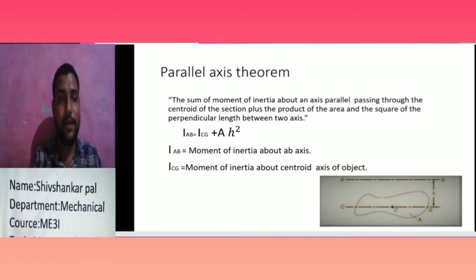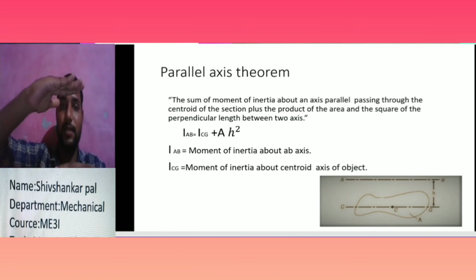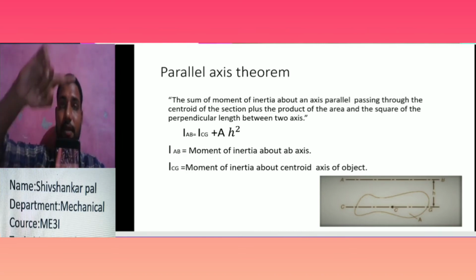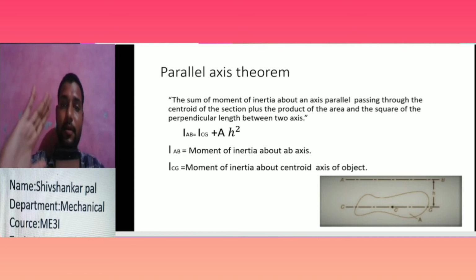That is clear, the parallel axis theorem. It is nothing but the moment of inertia about the center of gravity plus area times the square of the perpendicular distance between the axes. When asked for the moment of inertia about this axis, first you find the moment of inertia about the centroidal axis, plus the area of the whole object times the distance from here to here squared. Because you are finding the moment of inertia about this axis, the distance from this axis to the centroidal axis is squared. It means the distance is variable in the parallel axis theorem.